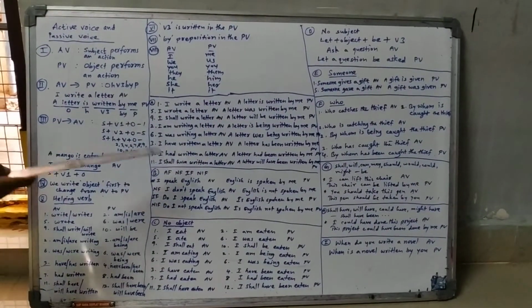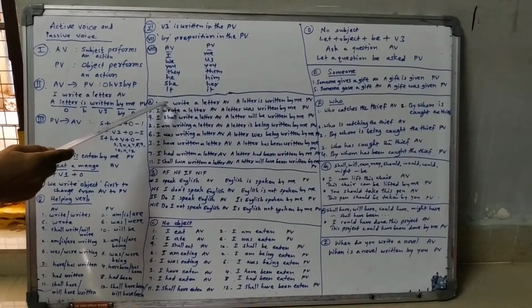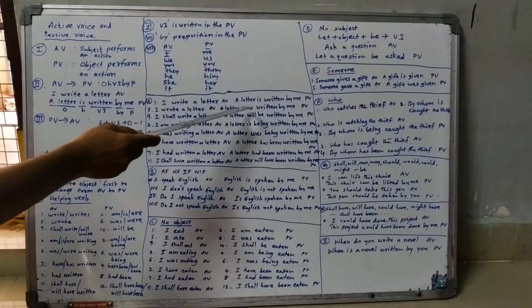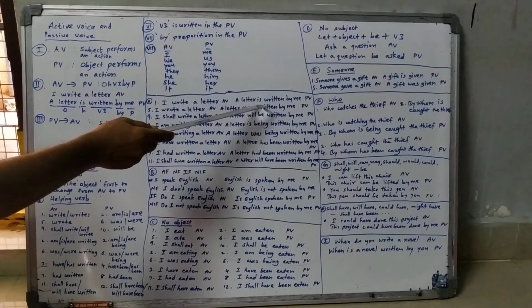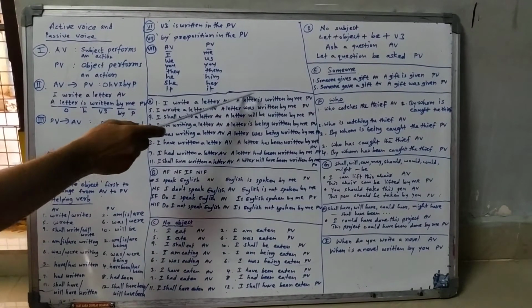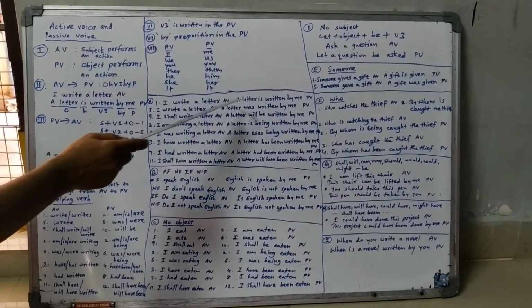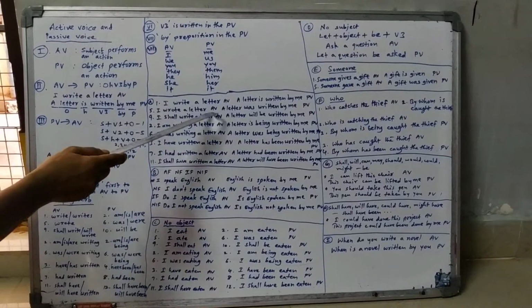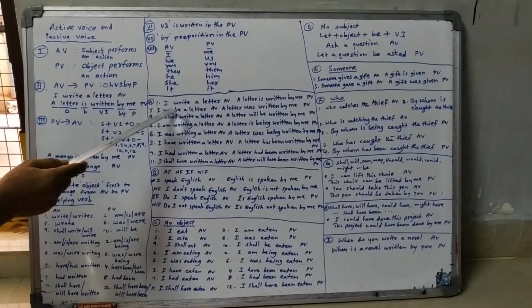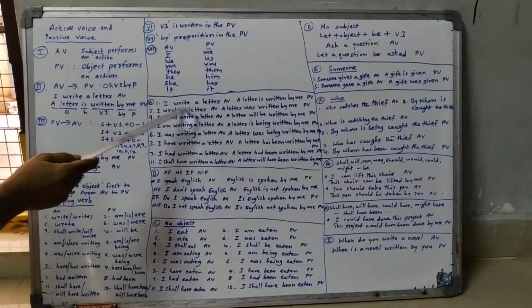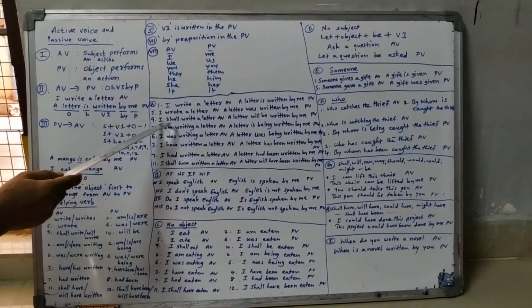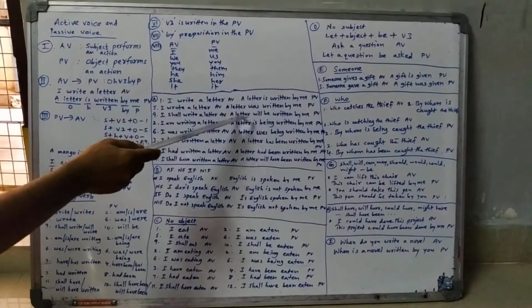For example, first, simple present tense, 1. We have to use the present continuous tense helping verbs. Okay, 1, 2. I write a letter. A letter is written by me. 5, 6. I wrote a letter. 5 means the simple past tense: subject plus verb second form. I wrote a letter. A letter was written by me. I shall write a letter. This is the ninth tense. A letter will be written by me.